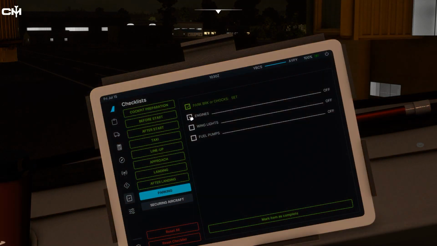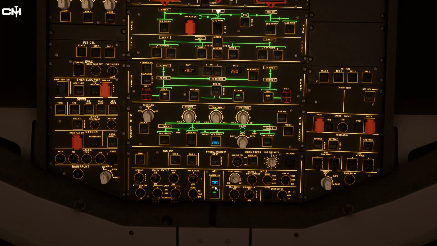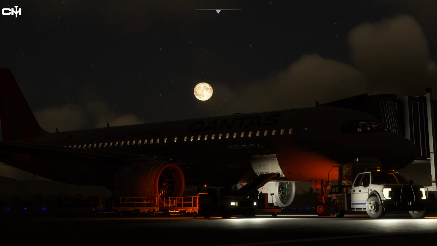Parking brake and shocks are set, engines are off. We do need to get the rest of those lights off really quick. So let's see here. Nav and logo lights can go off, wing lights can go off, beacon lights can stay on. The rest of those lights are off. We can turn this guy off. Emergency exit lights don't need to be armed anymore. We'll leave the fuel pumps on when we have the APU on. We've got external power available now though, so we'll take that. Turn the APU bleed off. APU master switch off. Turn off all the fuel pumps. And that takes care of shutting down the aircraft, ladies and gentlemen,